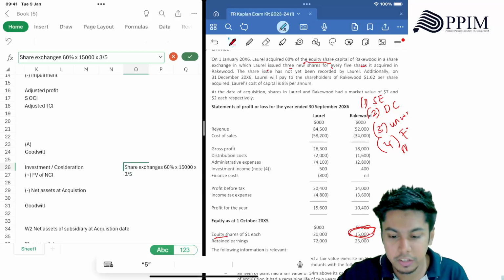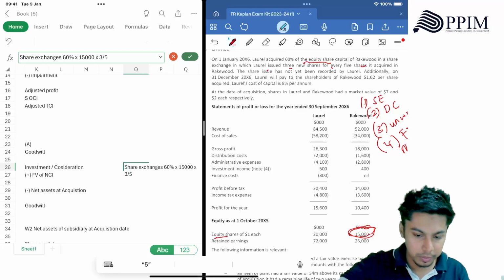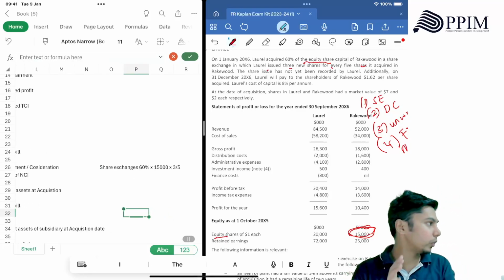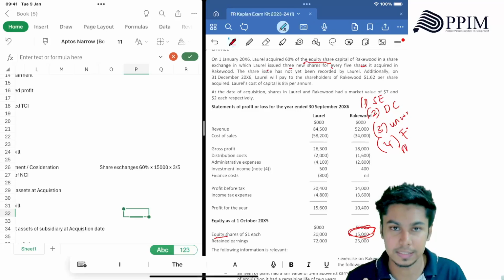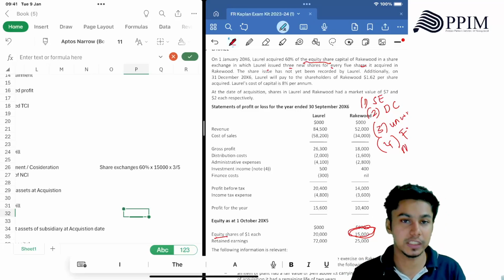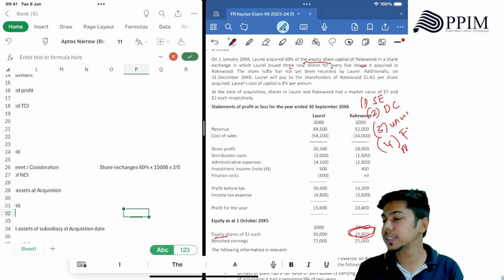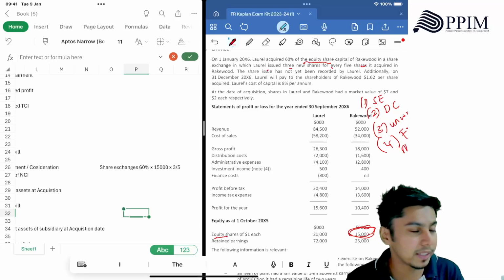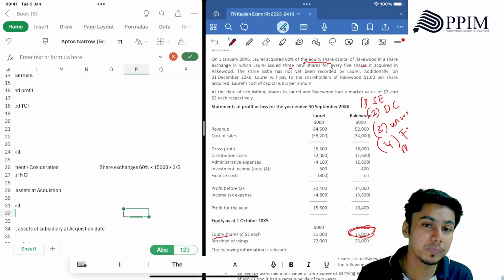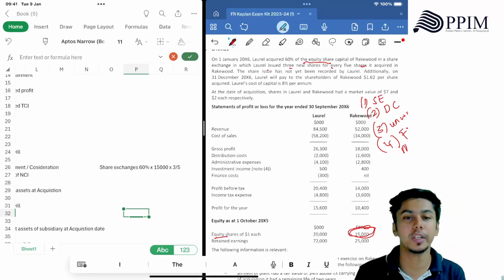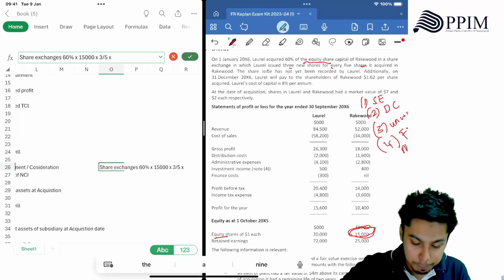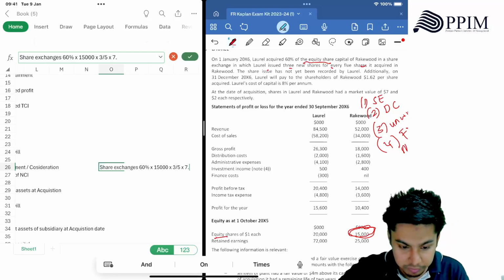The share has not been recorded yet. Now guys, listen carefully. Now 60% into 15,000 into 3 over 5, everything is good, right? But you need to calculate the value of the share exchange. Guys, who is issuing the share? Is it parent or subsidiary? Who is issuing the shares? It's being issued by the parent only. So therefore you have to multiply this answer by the parent share price, which is going to